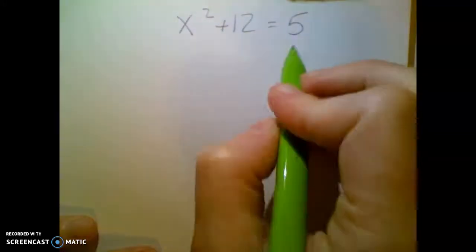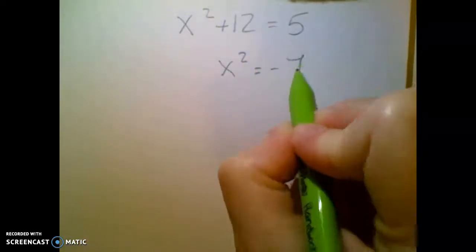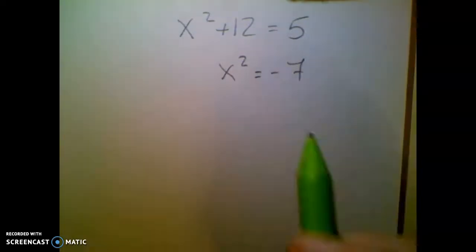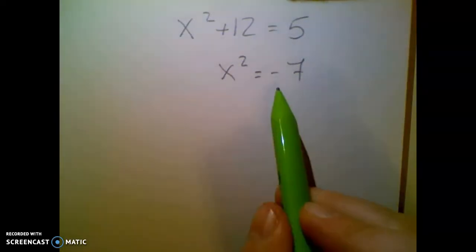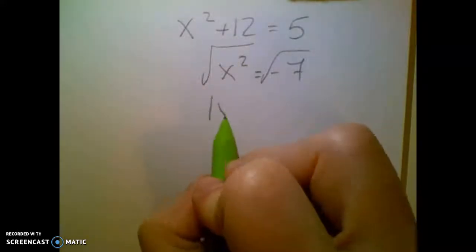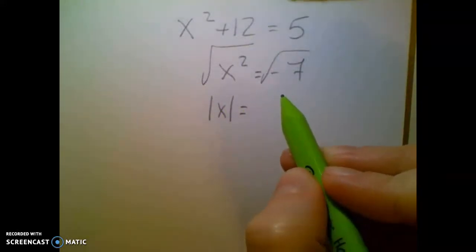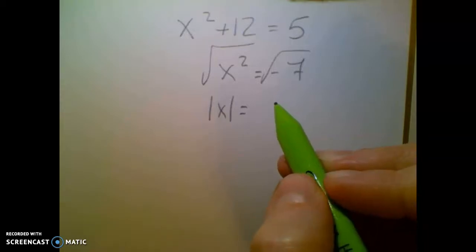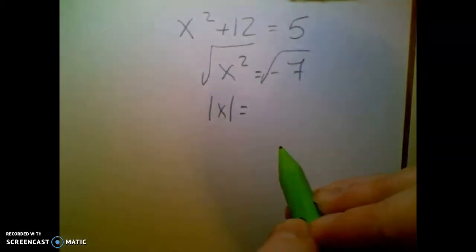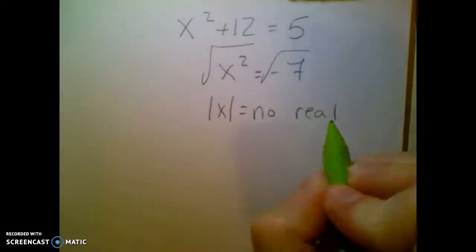Again, isolate this guy, so minus 12 over. So you're going to get x squared equals negative 7. You should know directly that absolute value cannot equal a negative. There's no solution, but I'll go ahead and square root. I'm going to get absolute x equals, but there's nothing that can multiply to give you a negative 7, because 2 times 2 is positive 4 and negative 2 times negative 2 is a positive 4. There's no way to get a negative, so there's nothing that works here, but you have to write no real